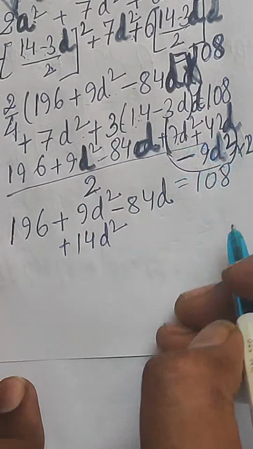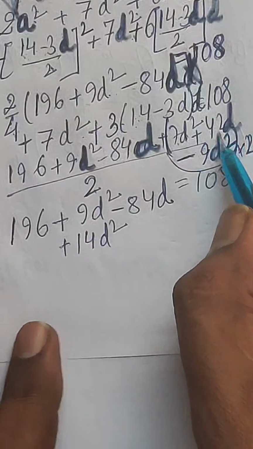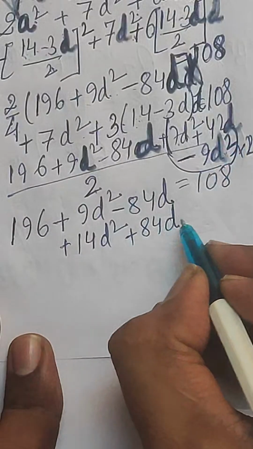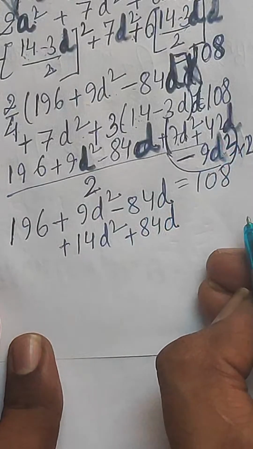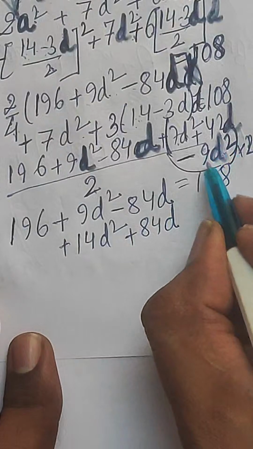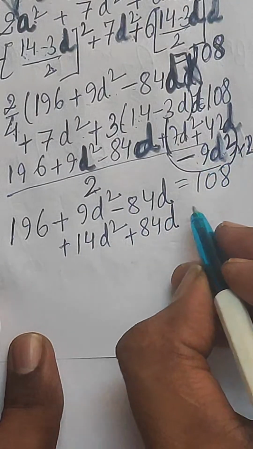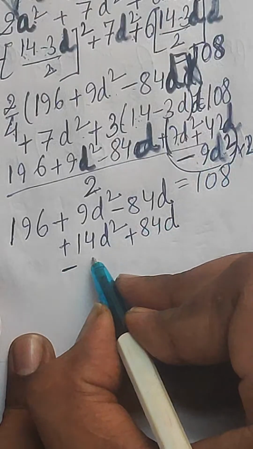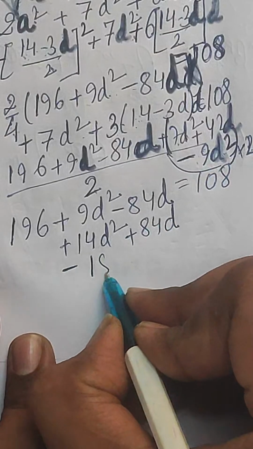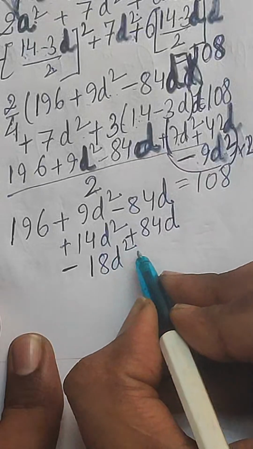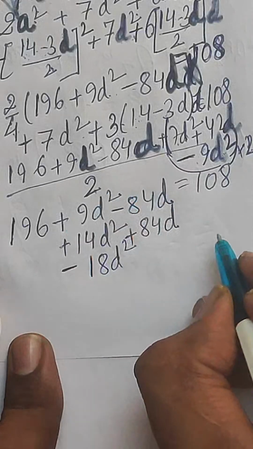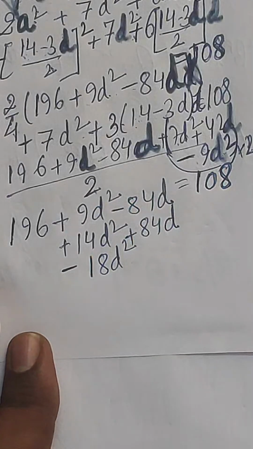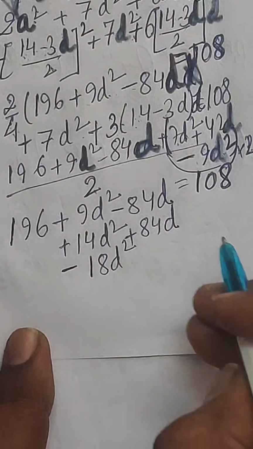So 14d square plus 84d, here you can see 84d and minus 84d will be cancelling out, and 9 into 2 will be 18, so it will be minus 18d square, right? And all this will add up to 108. Just leave it as it is, the RHS. This will give you